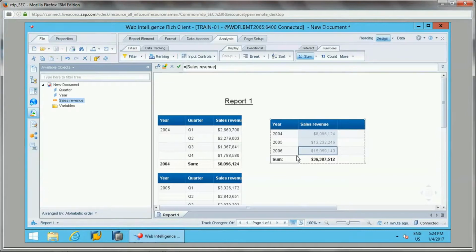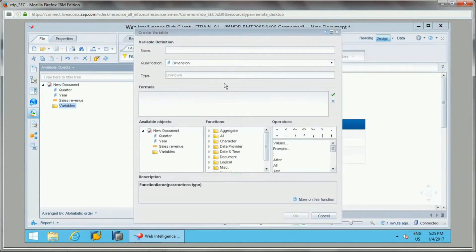Whatever data it is showing here, it has these options. Let's say I want to create a minimum quarterly revenue. What is the minimum quarterly revenue for each year? For that purpose, let's create one variable, which I'll name Minimum.